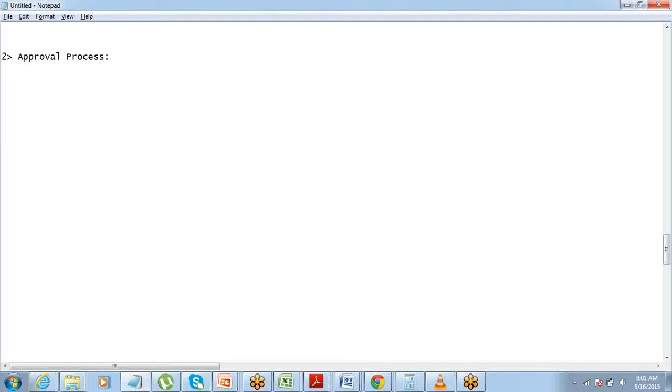For an approval process, when a criteria is met, approval process starts. It goes to the approver for approval, and then that approver will need to approve or reject it. Based on whatever the approver does, the person who submitted the approval request will receive a response that your request has been approved or it has been rejected, right? So it's a little longer process as compared to the workflow rule, but the concept is pretty similar.